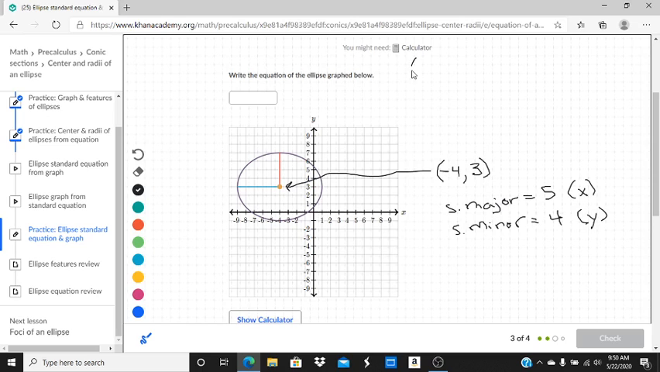As I write this, I'm going to start with x minus the x coordinate of the center, x minus negative 4, squared over 5 squared, plus y minus 3, the y coordinate of the center, squared over 4 squared